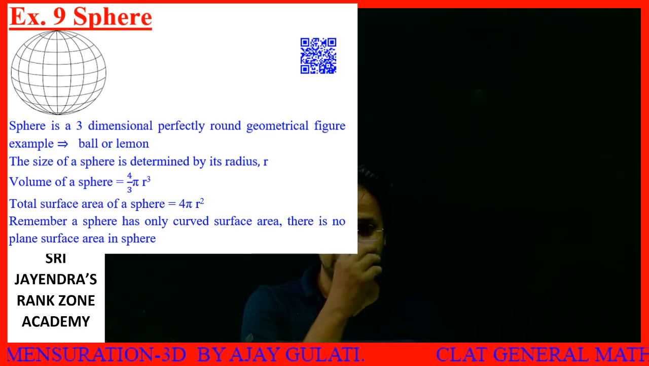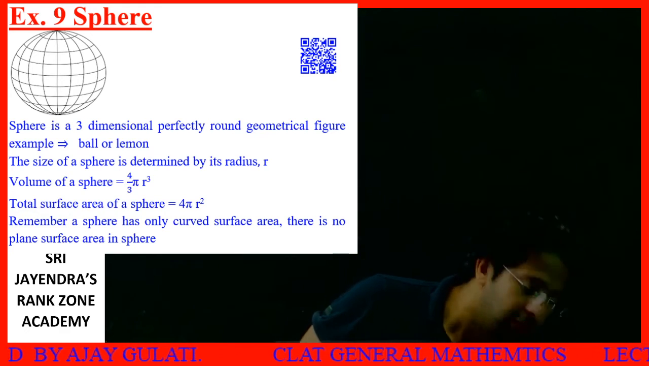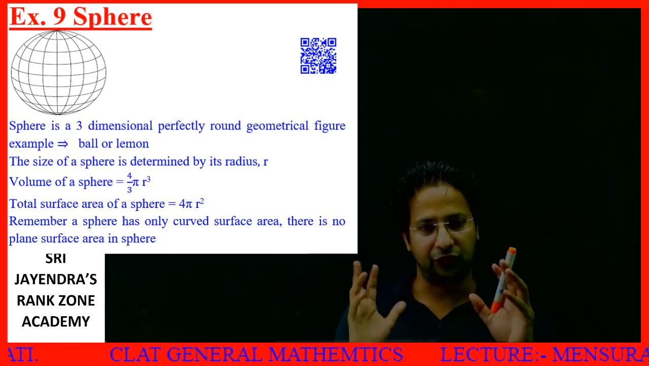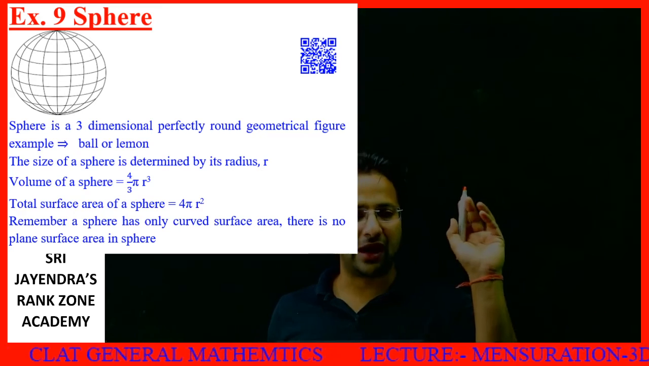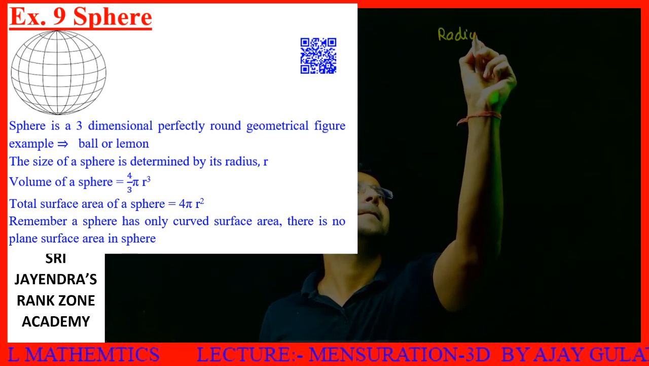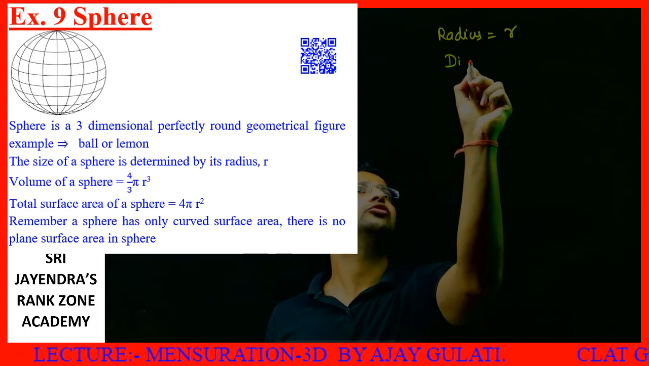Sphere. Sphere is a three-dimensional figure. Let's say a round ball. Cricket ball, leather cricket ball, the one which is used in international cricket, that is a sphere. Okay, so what do we have about sphere? Its radius is equal to r, then diameter becomes 2r,